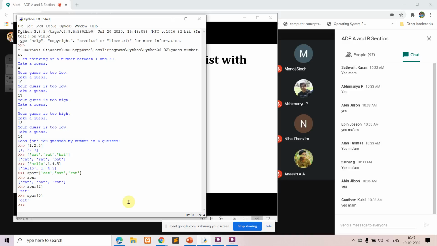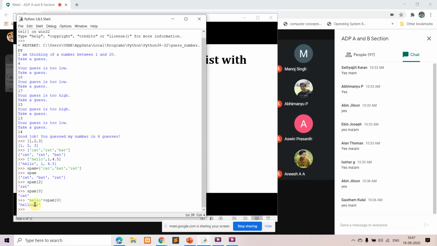Okay, so this is how you can access a particular element in the list. Other than that, we can also try out something like this. I'll give a string. Here you can just see I have used a string and I have used the plus.